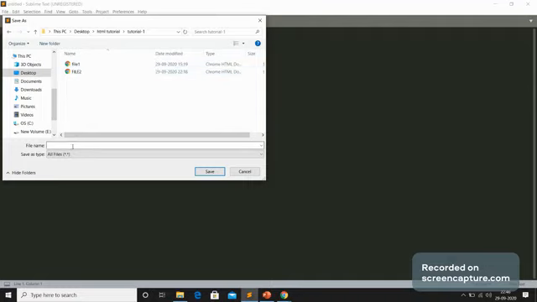I am creating the third file now, so I am naming it file3 dot. The extension is very important here. You have to write dot html here. If you do not write this, the HTML code does not work. So I am saving here.